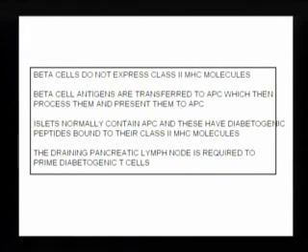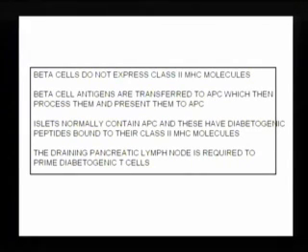And then there's this issue that you have to bear in mind, because this makes this interaction fascinating but very complex, and which is the last issue that I will raise today. And that is that beta cells do not express class 2 MHC molecules. So the immune system is blind to beta cells. The immune system is never going to recognize them. The only way that the T-cell system is going to recognize them is if the beta cell antigens are passed over to the presenting cells, the macrophages or dendritic cells, which then present the beta cell antigen. So it's a cell and antigen transfer system.